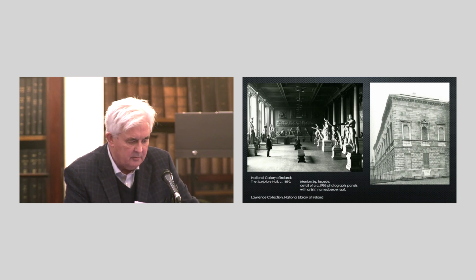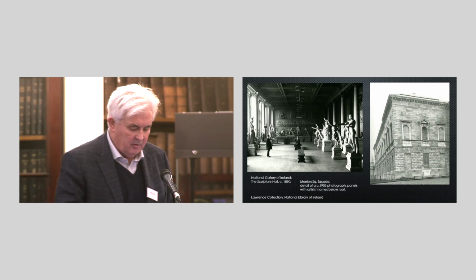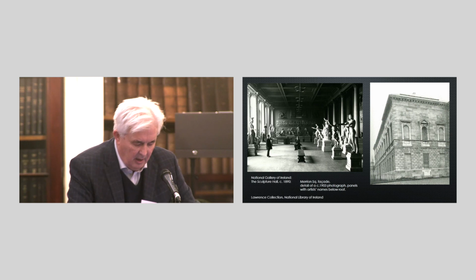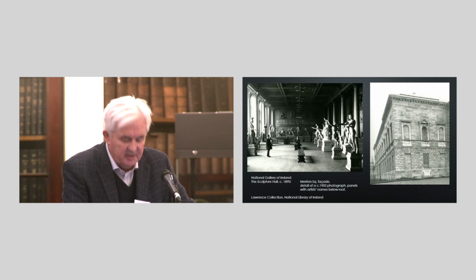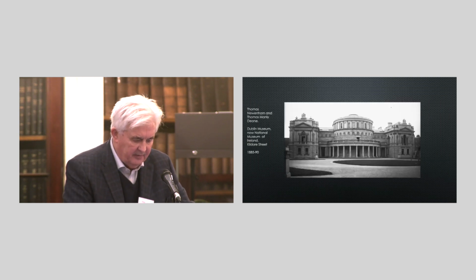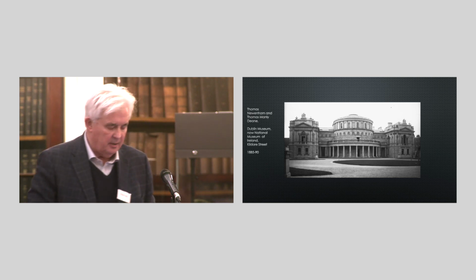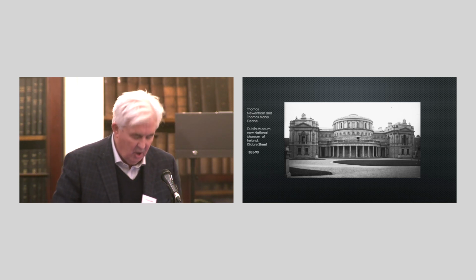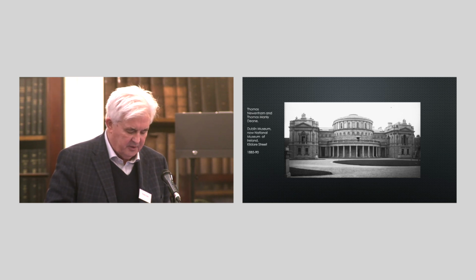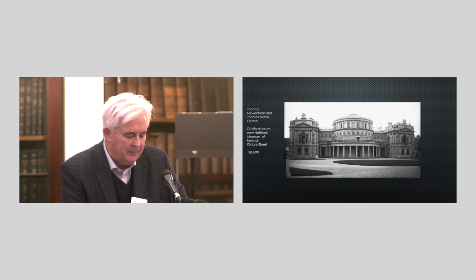Across Leinster Lawn, which, as you hopefully now got the geography, is about here, across Leinster Lawn had been erected and opened in 1856, prior to the National Gallery, the Natural History Museum, while on the other side of Leinster House, on Kildare Street, a National Museum, which you see here, and then opposite it, a National Library, opened in 1890, both designed by the Irish father and son team of Thomas Newnham and Thomas Manley Dean, and